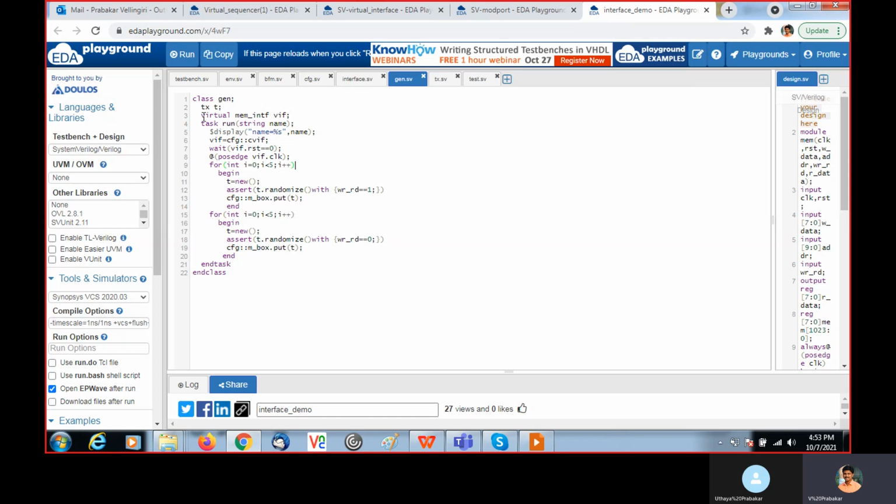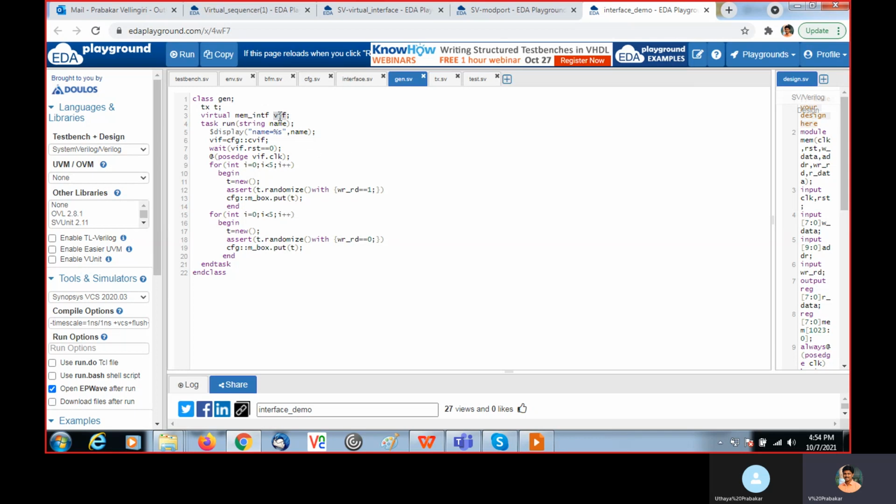You need to instantiate the interface memintf as VIF. Here we should use virtual because it is a class. In a dynamic class, we should not directly instantiate the static interface, so you should declare it with the keyword virtual. Now this VIF is nothing but the virtual interface handle.